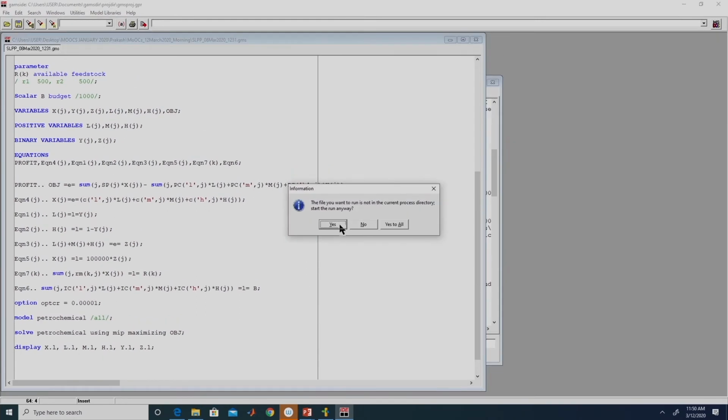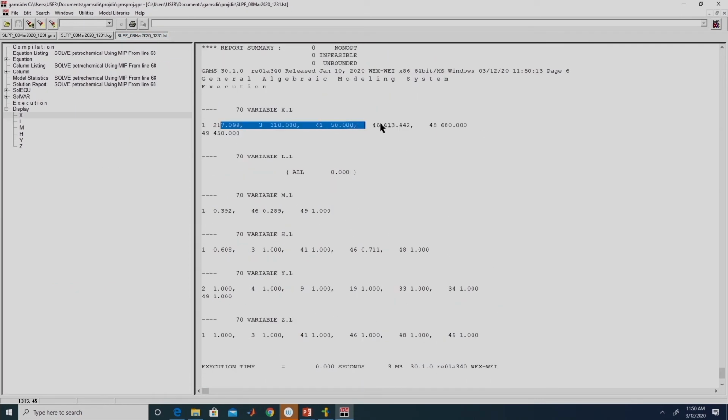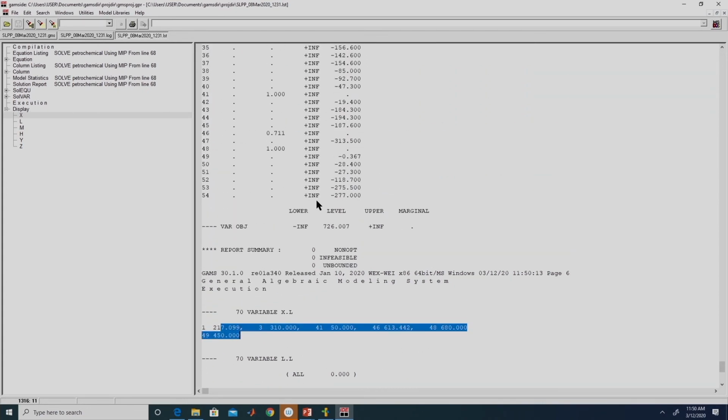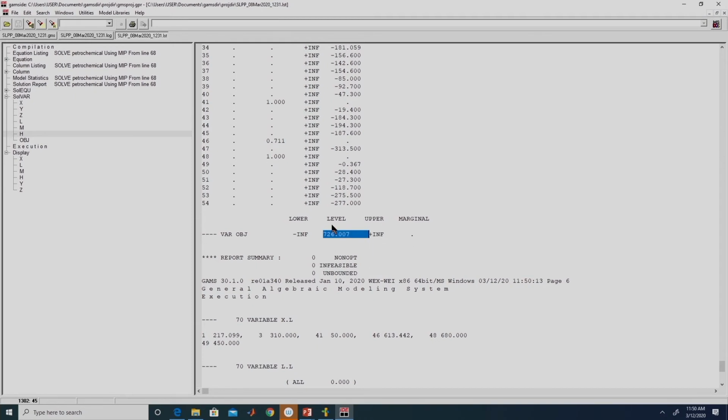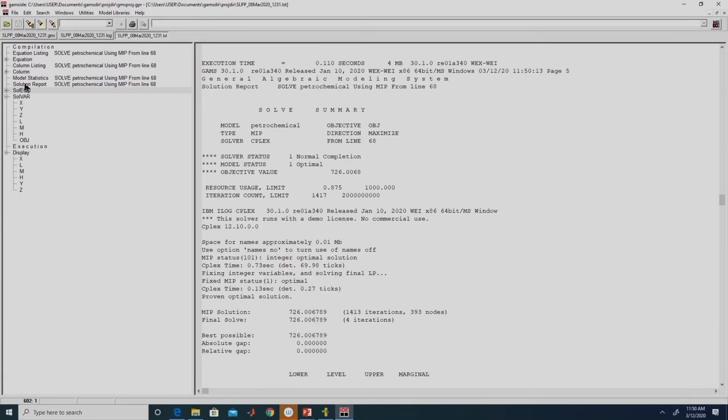So if we look at our list statement, if you remember our previous x, this has changed, right, and our objective function value, previously it was 712, now it is 726.007, right. So we get an improved solution. That is why it is important that once we get a solution, we also look into the reason for termination. In this case, the reason for termination would be in the solution report, right. Previously, if you remember, we had solution satisfies tolerance, right. Now it is proven optimal solution.